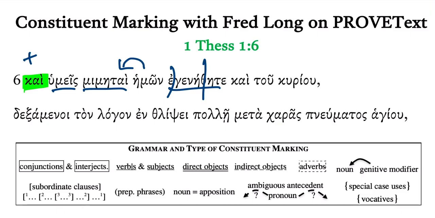The humeis is single underline. Mimētai is a noun. It's a predicate nominative with a genitive modifier, hēmōn. So I draw a line back from hēmōn to mimētai. And then you have the main verb, egenēthēte, aorist, middle formed, indicative, second plural. You became, actually, I should say it's aorist, passive, middle formed, egenēthēte. So let me move that over, the theta, second plural. You became imitators of us and